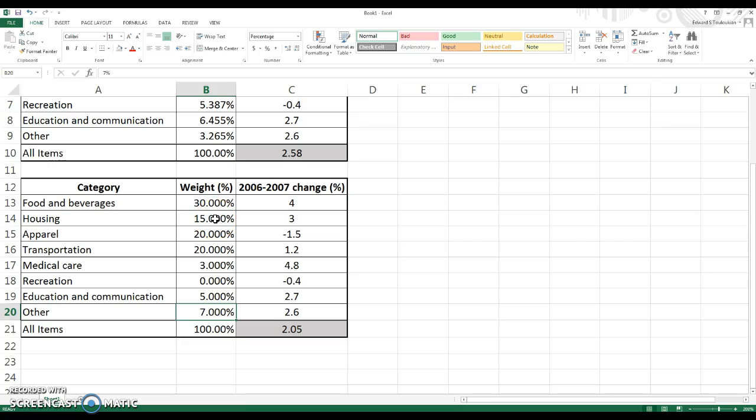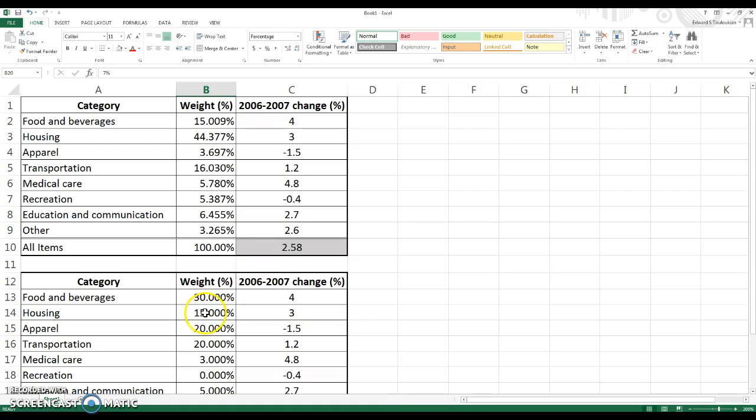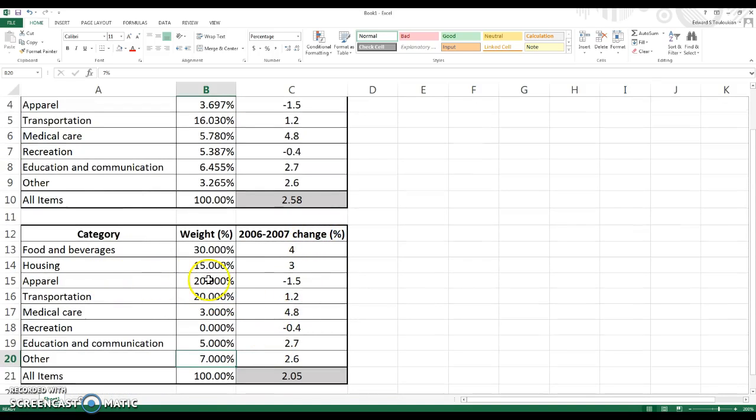Okay, so kind of pick whatever weights you want to here to match what you feel like your life situation is. Okay, if we do that, we can see that my change was only 2%. And the main reason why is that my housing was a much smaller weight. Okay, so you can kind of look at it. I spent more money on apparel, which was a negative one, which helped my budget out. So change these numbers to match your situation, your life, as best you can. Make sure it adds to 100. Then you can see how your budget increased or decreased compared to the average person up here.